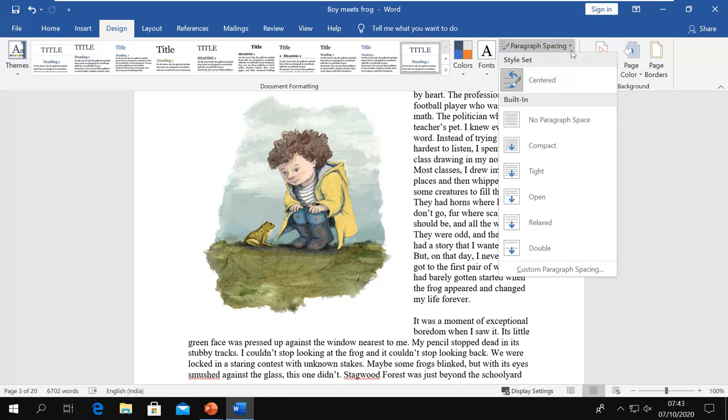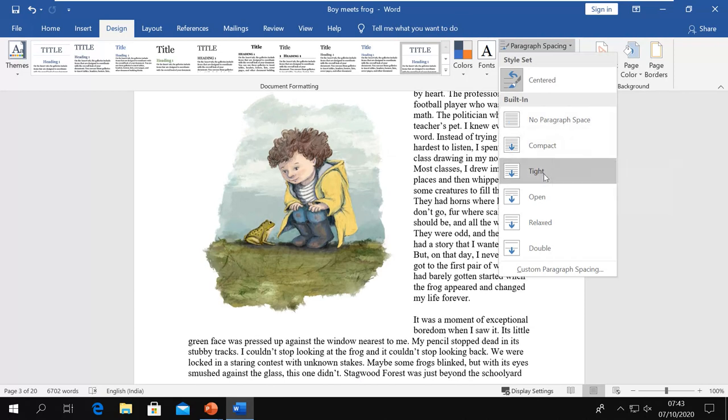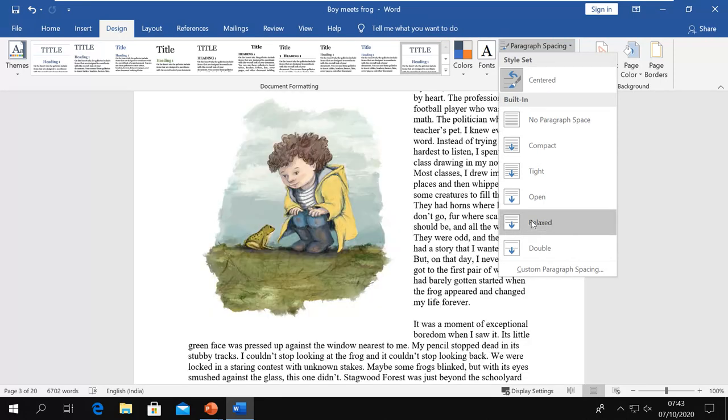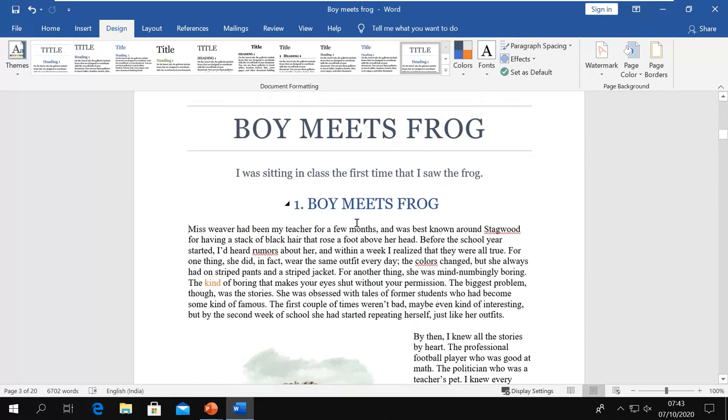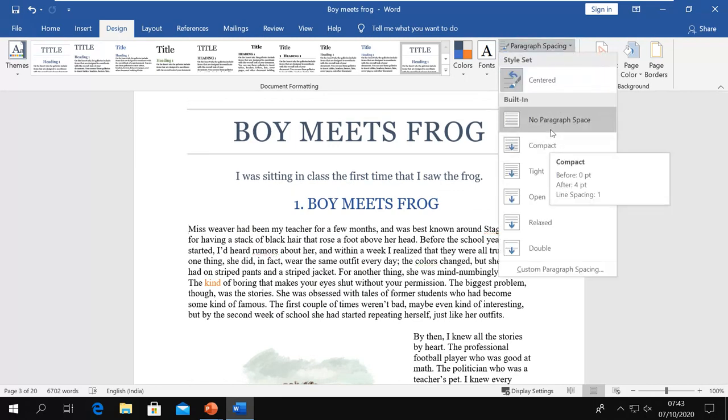Managing space means it will manage it for the whole document. No paragraph space, compact paragraph, tight, open, relaxed. You can see the changes.